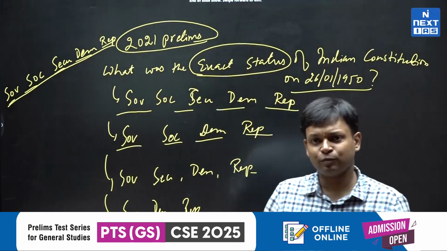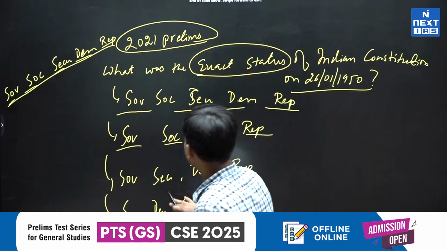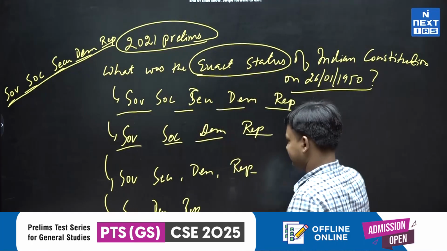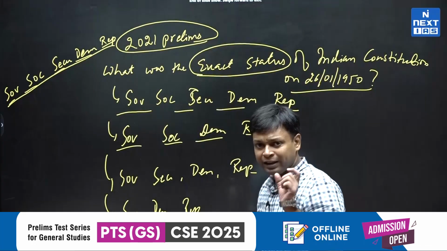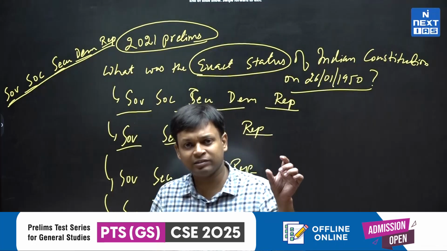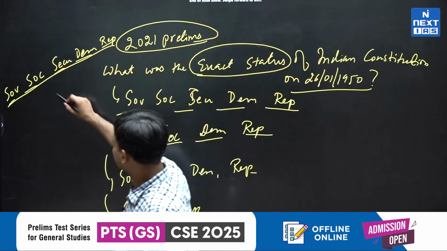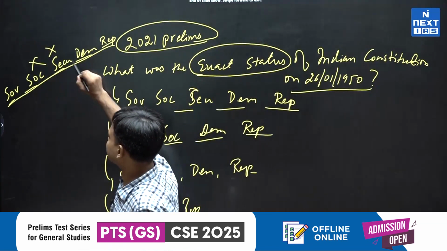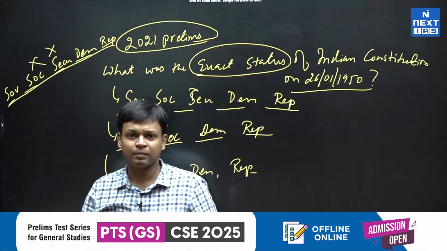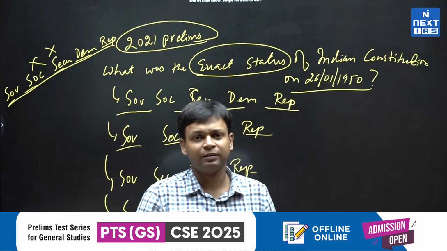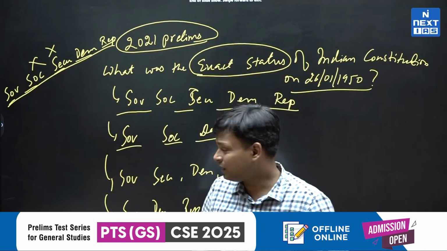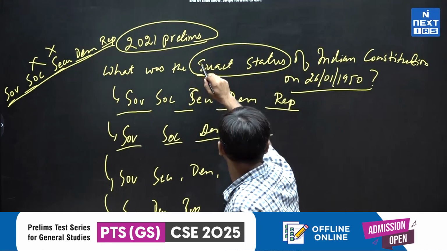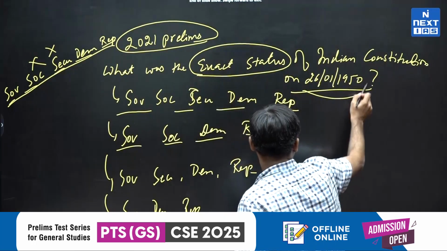So you are having these 4 options in front of you. What was the exact status of Indian Constitution on 26th January 1950? So we have to know that in the original preamble, we did not have these 2 words. It only had sovereign, democratic, republic. Socialist and secular were not there. So if we ask you what was the exact status of the Constitution on this date,